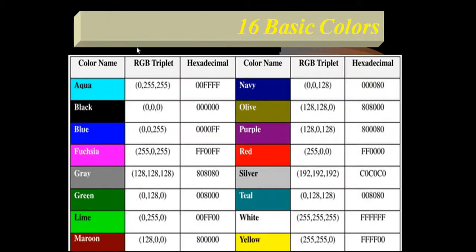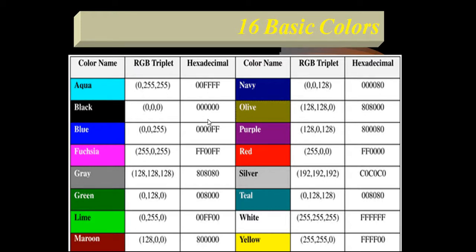So here are 16 basic colors which we can use, or many colors you can use in an HTML web page. We have three types of format you can use here. First, if you want to use the color by its name, then you can use these color names. If you want to use the RGB format, then you have to use this format.